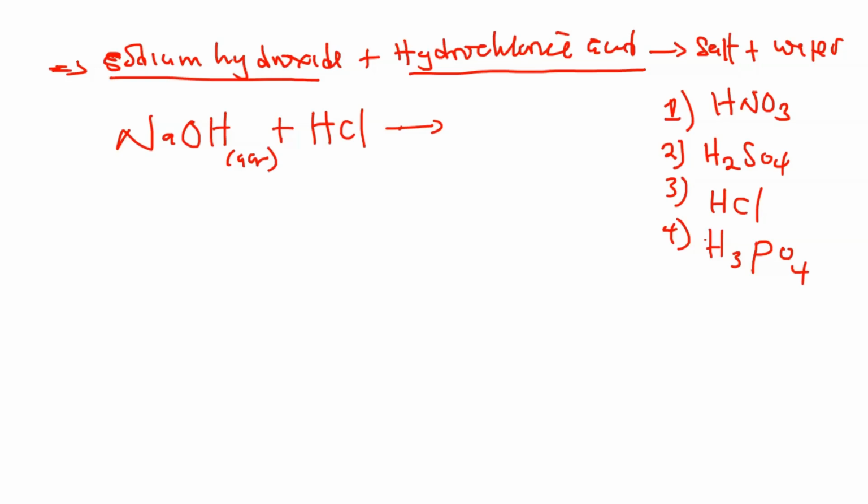Listen to this. You know that what forms is salt and water. So you need to know where the water is coming from and where the salt is coming from. What is the name of the salt? Look at this. The sodium in a metal hydroxide displaces the hydrogen in an acid. So this hydrogen will be displaced. To be displaced is to be pushed out, and this hydrogen is going to react with this hydroxide